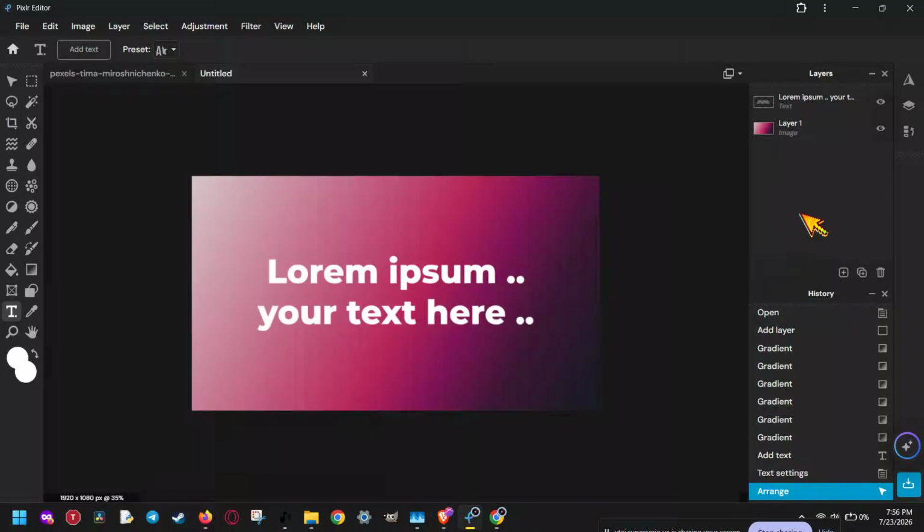In this video, I'm going to show you how to use the color picker tool in Pixlr step by step so you can sample any color from your image or design in just a few seconds. This is super useful when you want to match a background, copy a brand color, or keep your edits looking